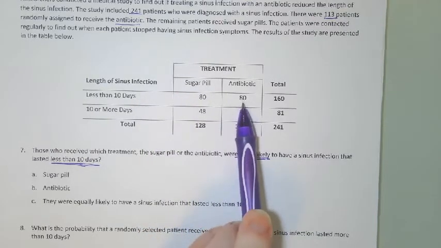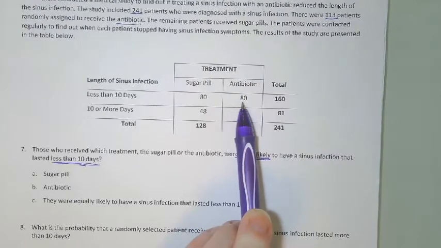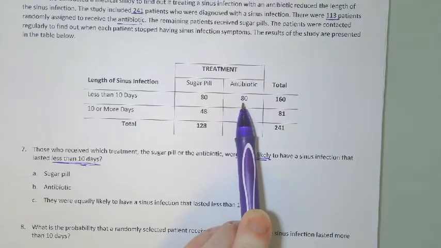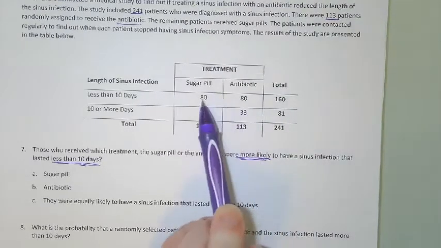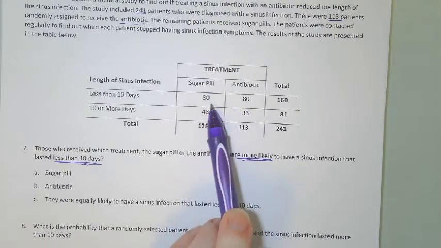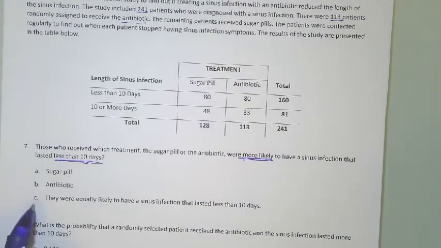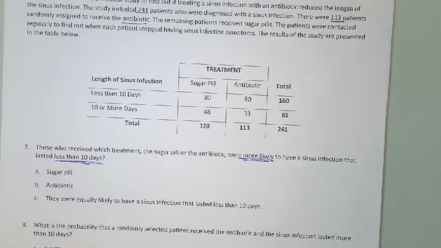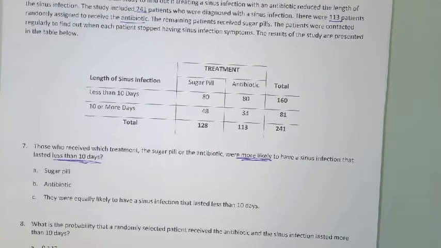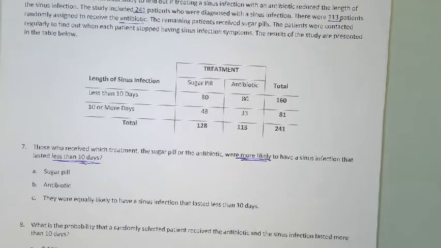And there were also 80 patients who were given antibiotics and their infection lasted less than 10 days. Looking at those two 80s, it could be easy to just jump to the conclusion that the correct answer is C, they were equally likely to have a sinus infection,